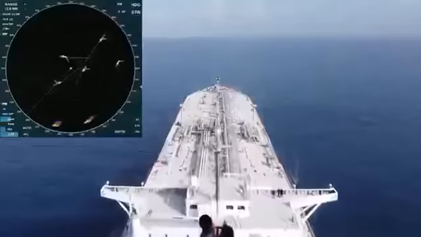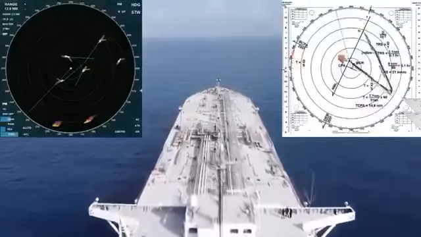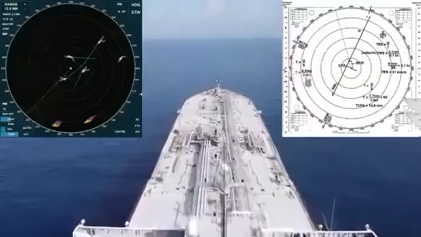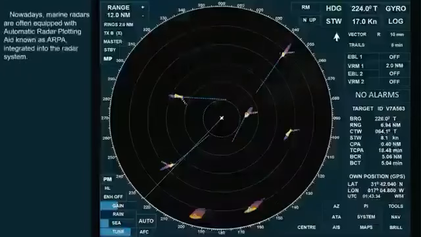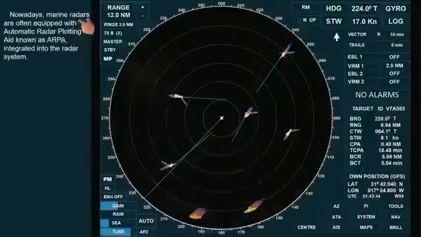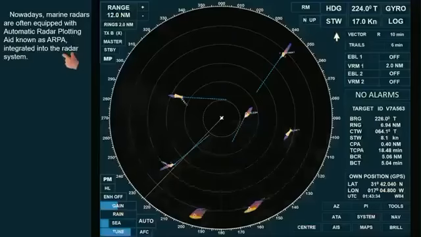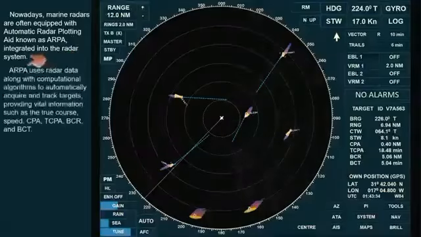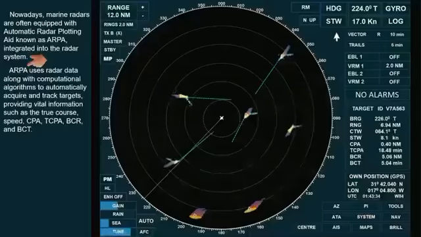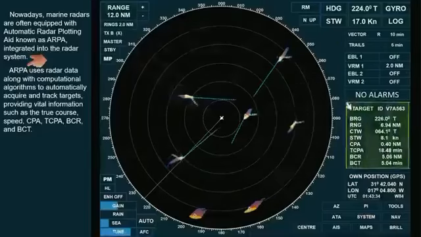This video is intended for maritime students and anyone taking a radar plotting course. Nowadays, marine radars are often equipped with automatic radar plotting aid, known as ARPA, integrated into the radar system. ARPA uses radar data along with computational algorithms to automatically acquire and track targets, providing vital information such as the